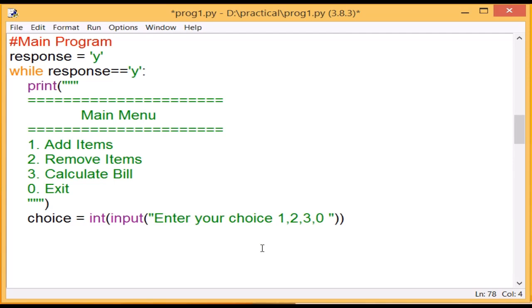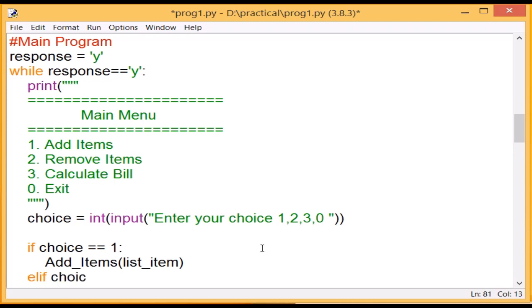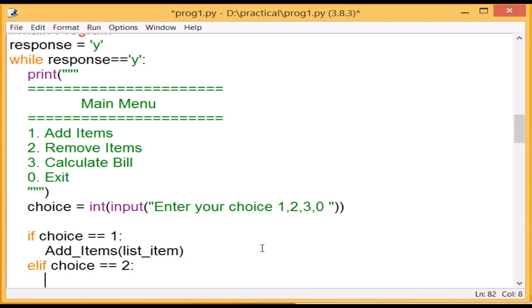So I will check if choice equal to 1, then I will call the function add items. Inside this add item I will pass list variable, and then if choice is equal to 2, then I will call remove items, and I will pass list item,